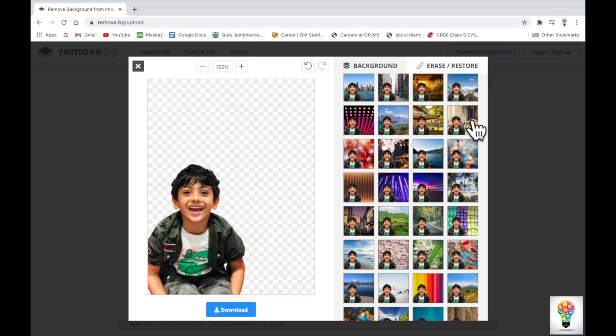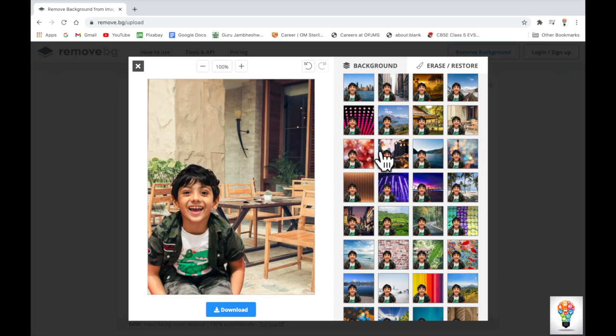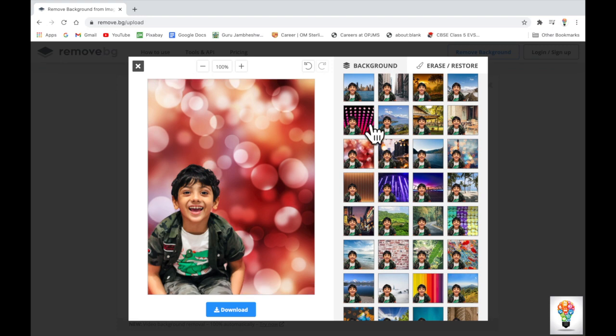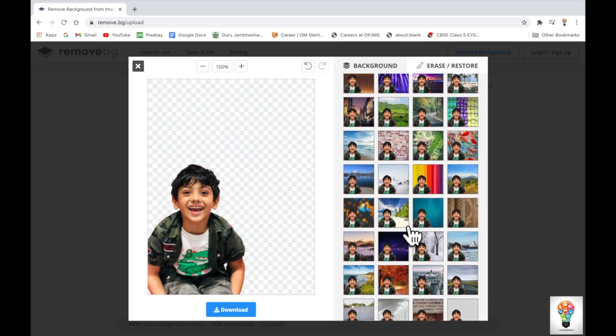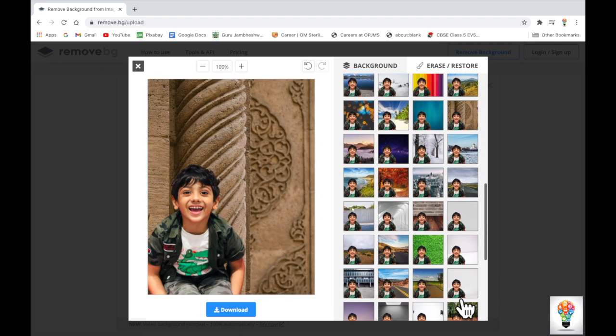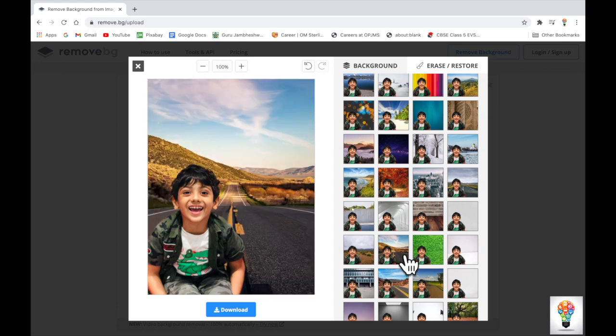Whichever suits you the most, you can try with all these backgrounds. See here, this or this. Whichever seems very real for you or works for you, you can simply create that background, and after you have created, you can download the picture from here.